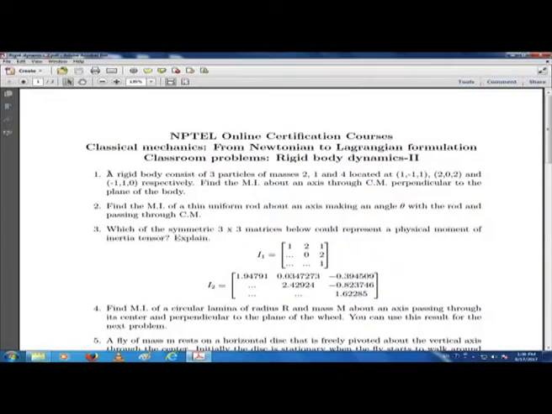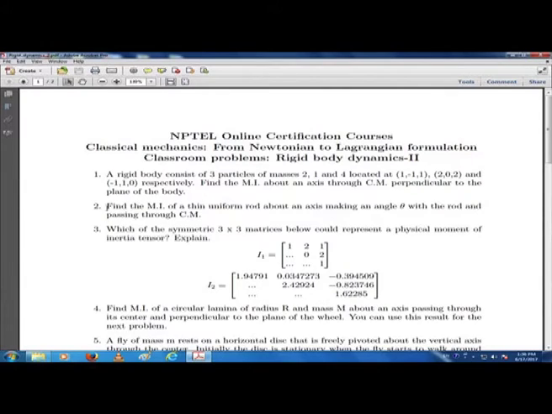In this lecture, we will focus mostly on solving problems. So, let us start with the problem set. In yesterday's class, we discussed the first problem, which was finding the moment of inertia about an axis which is perpendicular to the plane of the object and going through the center of mass. We did not solve it exactly, but I gave you enough hint. I guess you can solve it yourself. That will be a good practice for you as well.